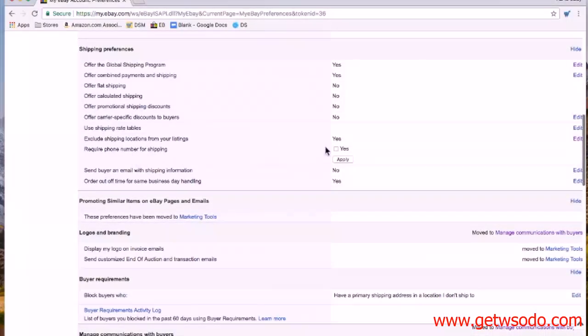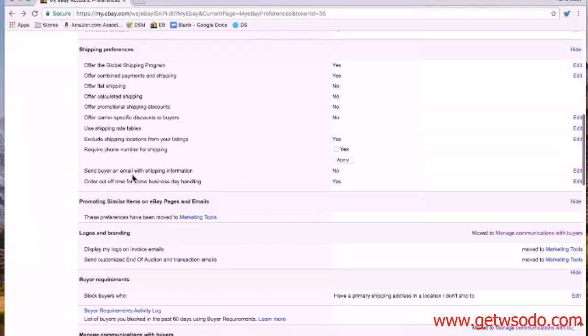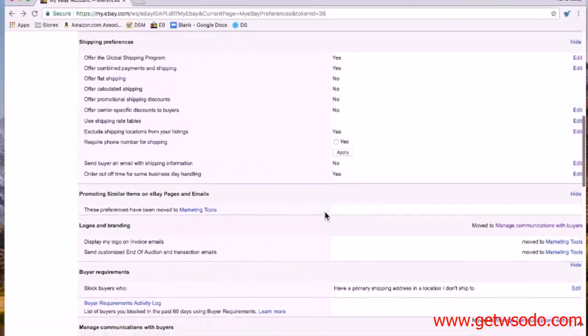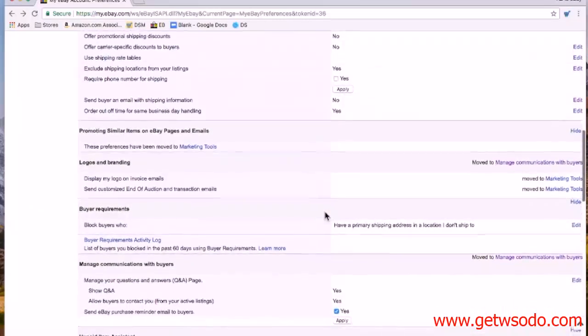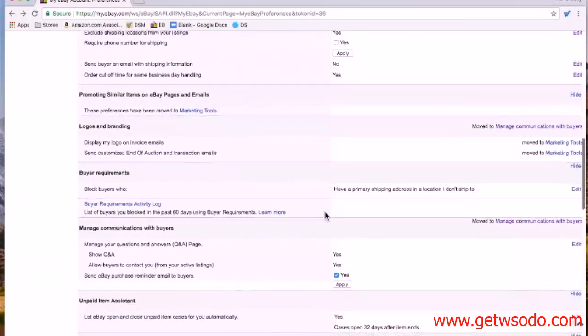You can leave this one unchecked. You don't really need a phone number to ship your customer an item. And for this one that says send buyer an email with shipping information, you can ignore that one as well. That only applies when you actually print a shipping label from ebay.com, which you're not going to be doing. For the same day handling time, you can just ignore that. It doesn't really matter because you're not going to have same day handling time as a drop shipper. Now I can scroll down to